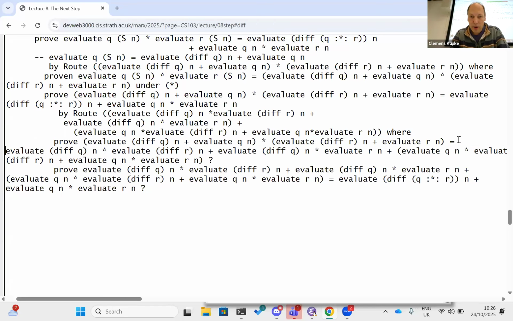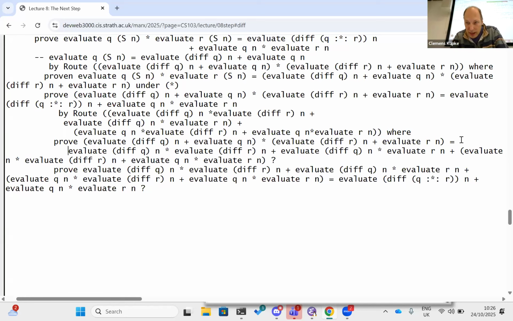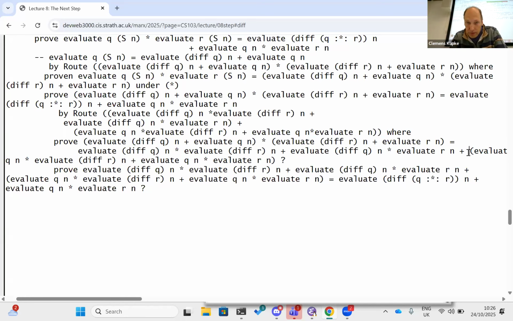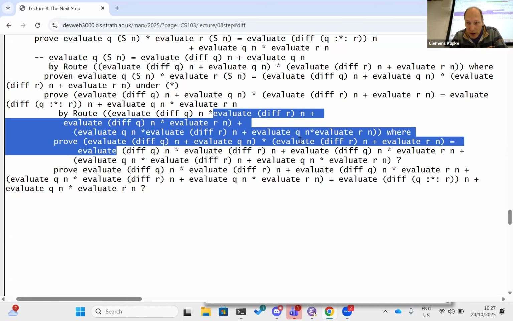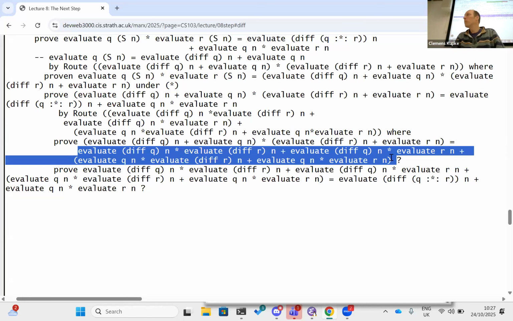That's what's written here, basically. So this was the original kind of product that we were multiplying out, and these two lines are what we would hope is the result of multiplying out. So then the hope should be